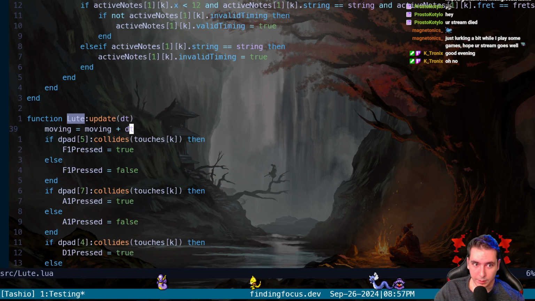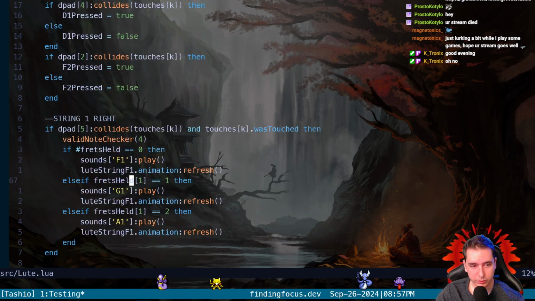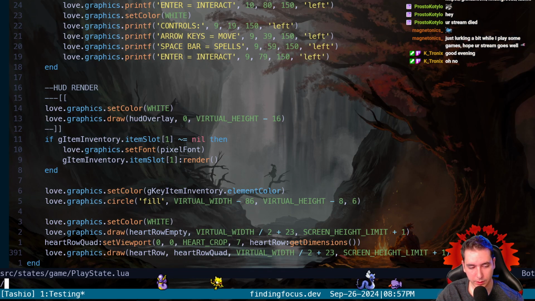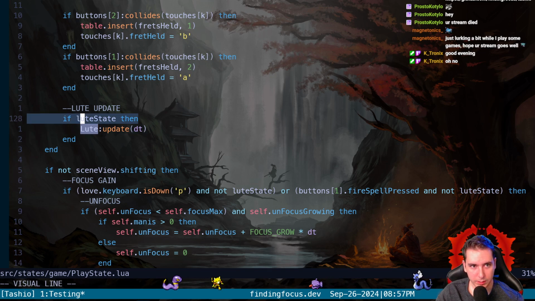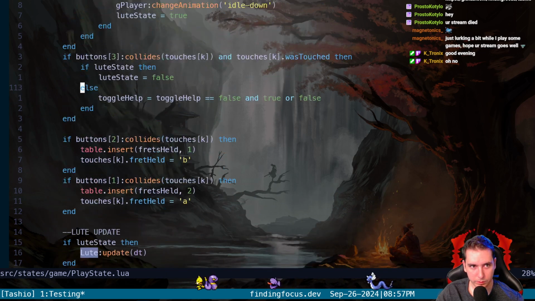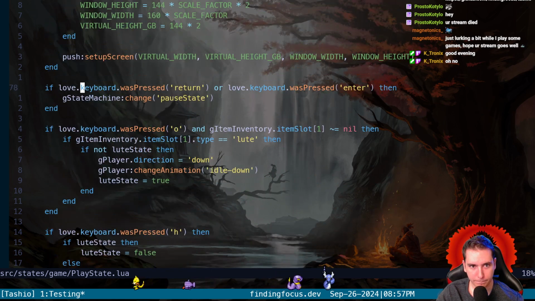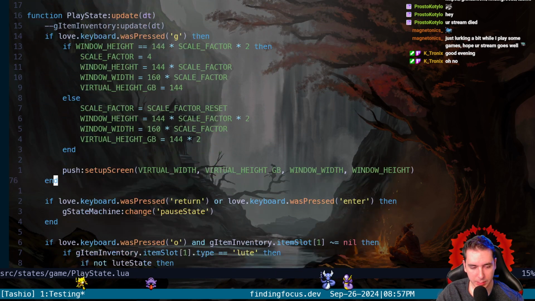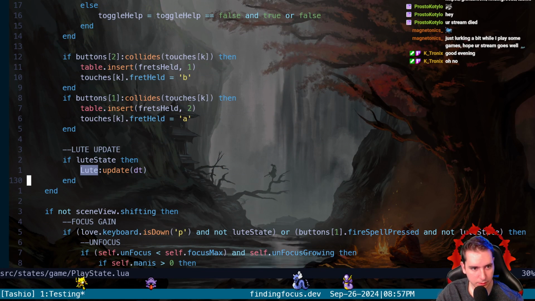Our delta time is not changing. We're not updating our Lute, even though in our play state we are passing into the Lute an update if Lute state. Okay. Are we sure? Yeah, play state's updating.